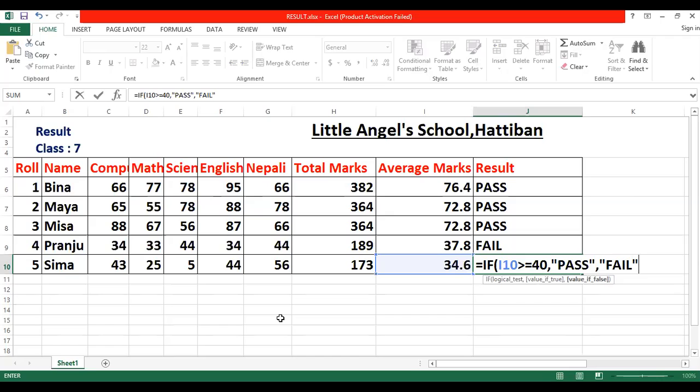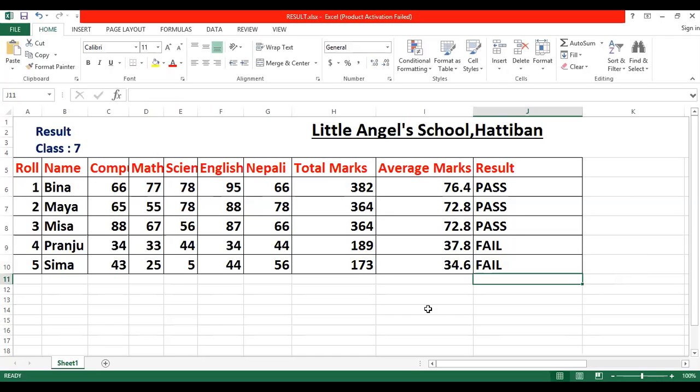Then bracket close. Yes, she is failed. Why Seema is failed? Because she is getting less than 40 average marks. That's why she is failed. So by this way, you can find out whether anyone is pass or fail.